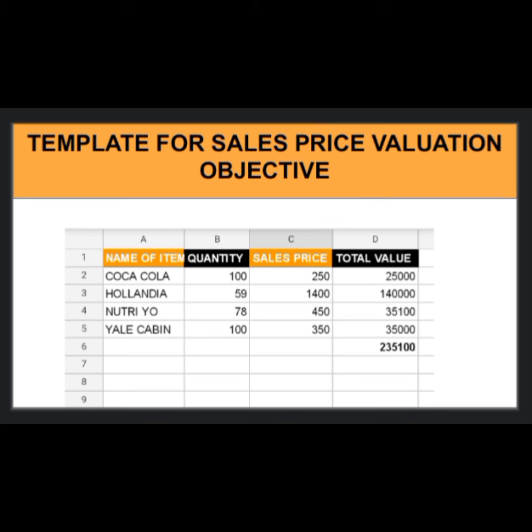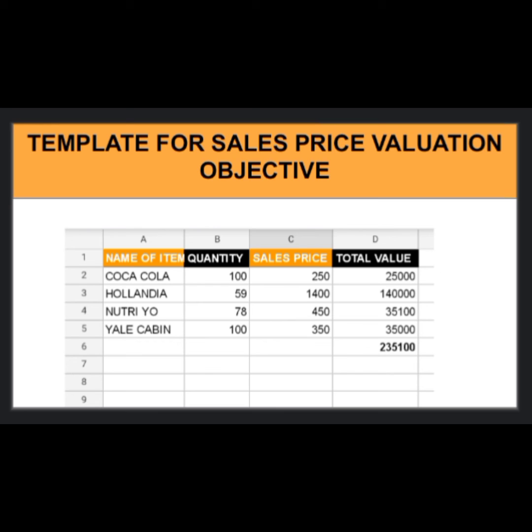All right, so you find out now that from these templates, what we are tracking in them is different from what we track on the first template. So for this particular template, we are tracking the name of the item, the quantity of the item, the sales price, and the total value. Did you notice the change? In the first one, we track the cost price. But in this one, we are switching